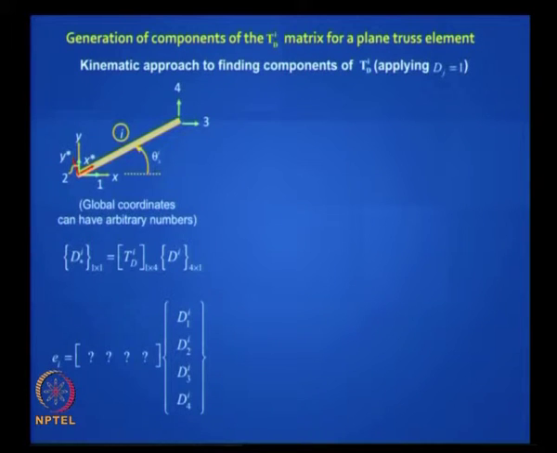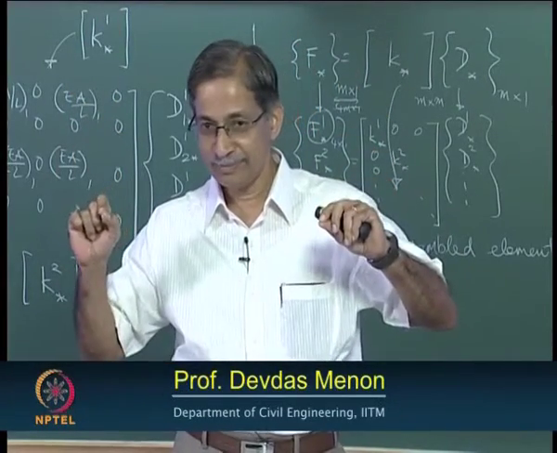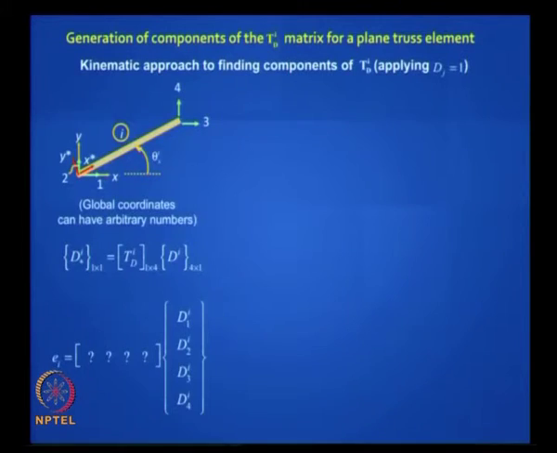Well, now I realize there is only 1 degree of freedom, though in my global structure I may have 1, 2, 3, 4. Now this 1, 2, 3, 4 I have shown for convenience. It may actually be 5, 6, 21, 22 in the actual structure. So those are happening there, but the elongation is given by how much these move. So this 1, 2, 3, 4 is arbitrary. Now basically I want to know if these joints move by some known amounts, how much elongation do I get? That is the meaning of this TDI. TDI is just how much elongation in the ith element, got it?